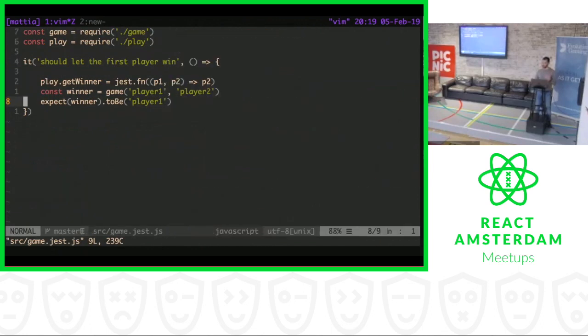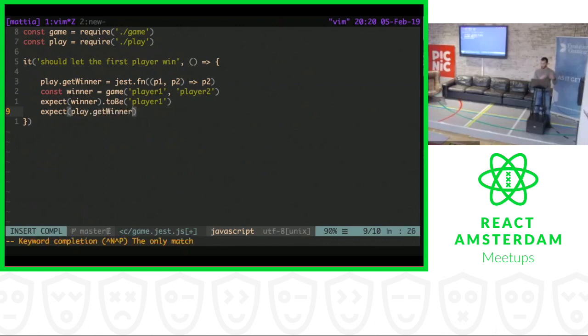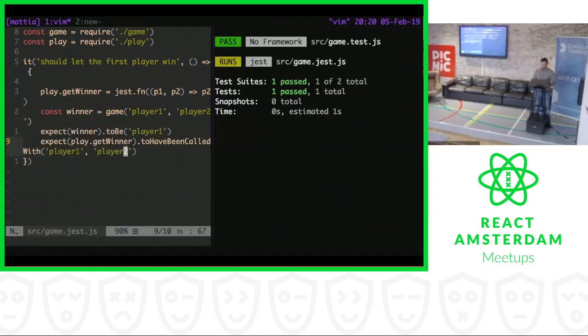Okay, so now what we want to do is make sure that Jest is going to catch it in case we break the implementation, because for now it didn't. So we can have a new assertion. We can expect that the player.getWinner, the mocked one, is going to have been called with the player 1 and the player 2. And now,